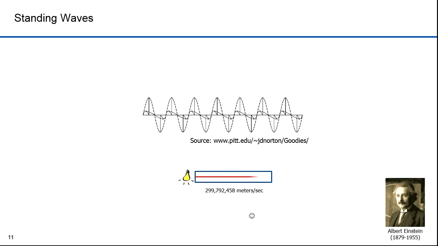Now let's turn the light on again. This time we'll travel at the speed of light. The smiley face keeps up with the beam of light. Einstein asserted this was not possible. No one had ever observed a standing light wave. That didn't prove that they weren't possible, but at the same time there was no evidence that they were.